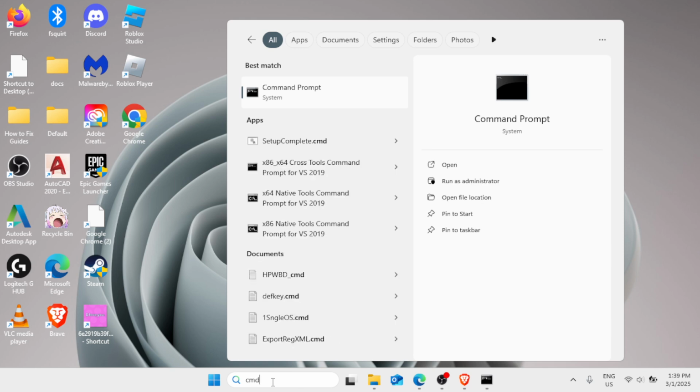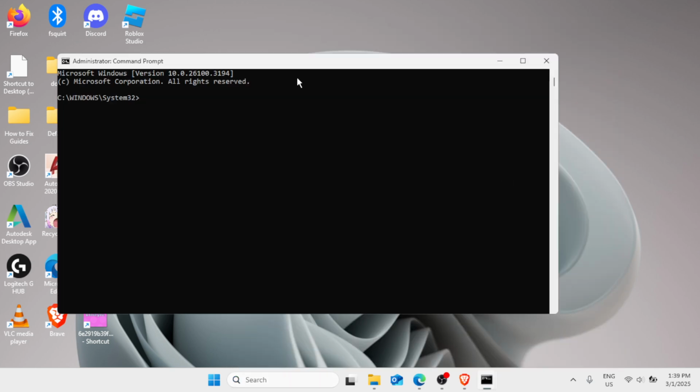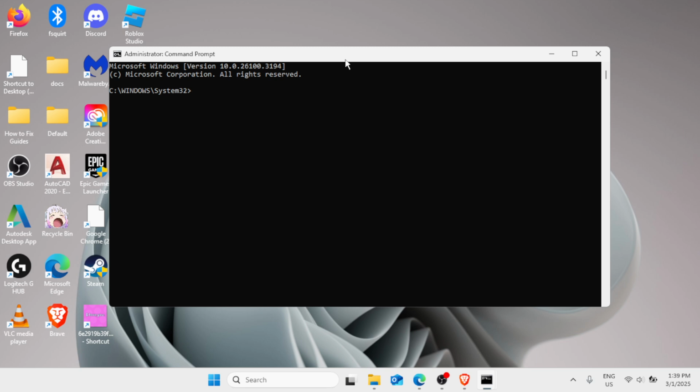Type CMD again. Click on Run as administrator in the right pane. In here, you need to type this command: dism space forward slash online space forward slash cleanup-image space forward slash restorehealth. It's dism space forward slash online space forward slash cleanup-image space forward slash restorehealth, and hit